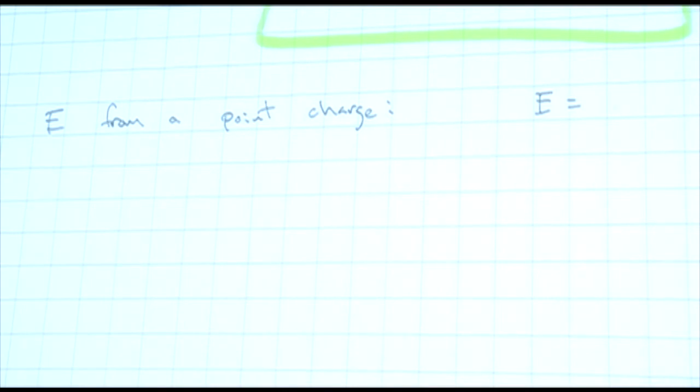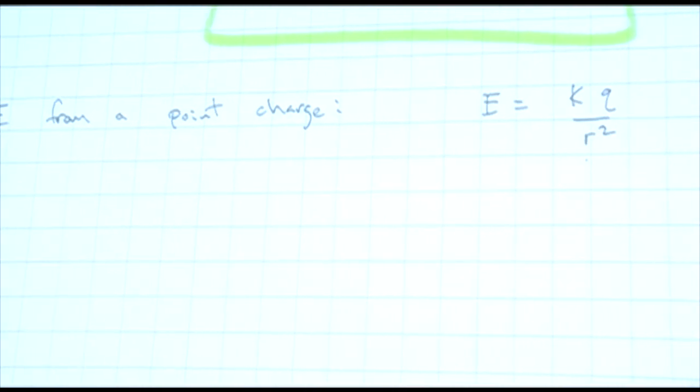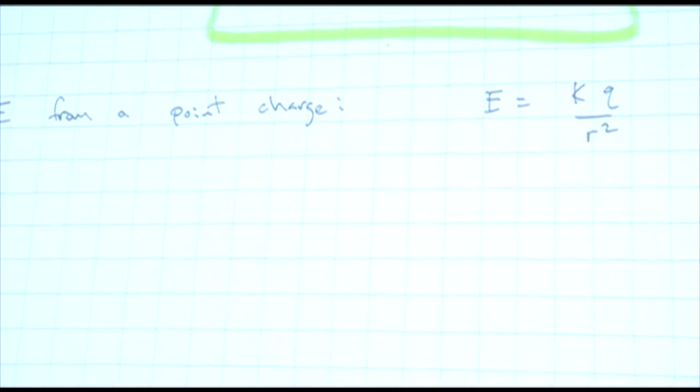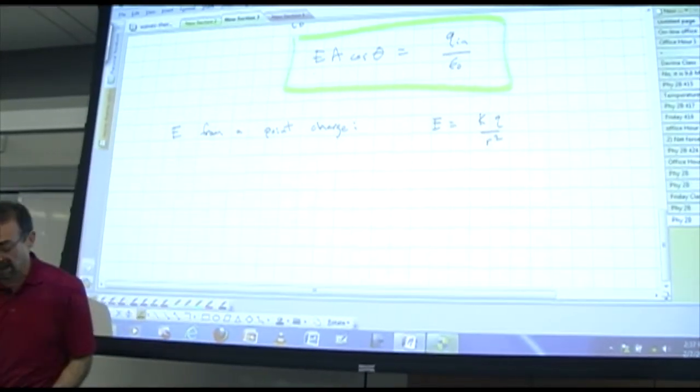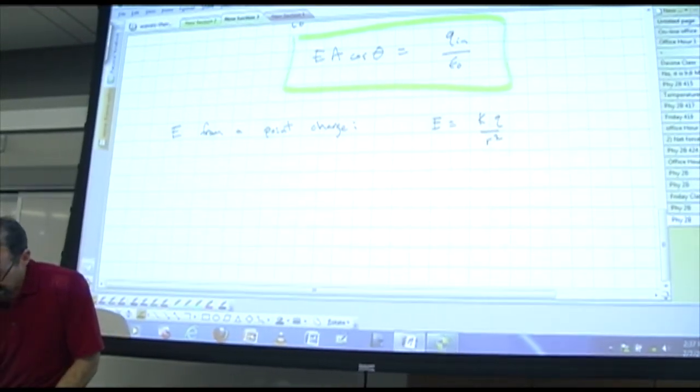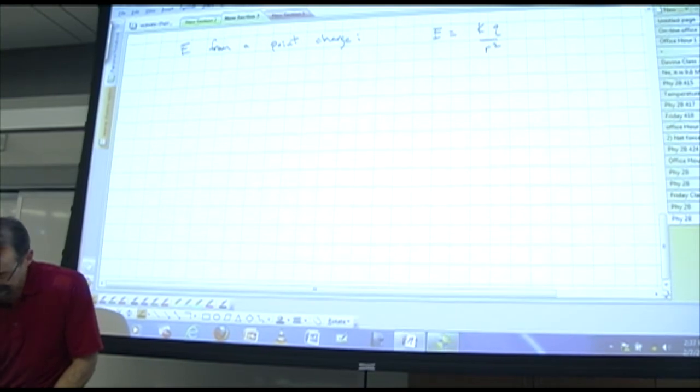What is it? KQ over R squared, right? We already know what it is. Now let's see if we can figure it out using what's in the yellow box. That's Gauss's law. So here's our point charge,